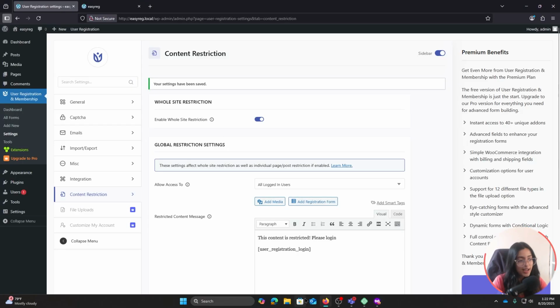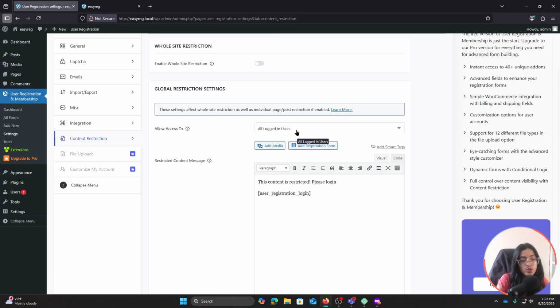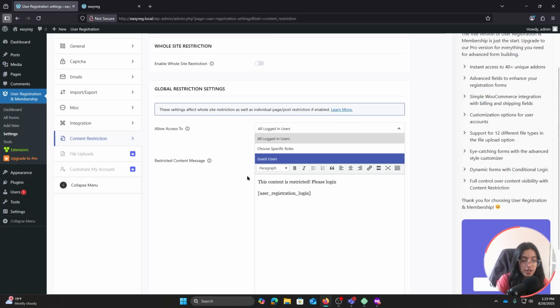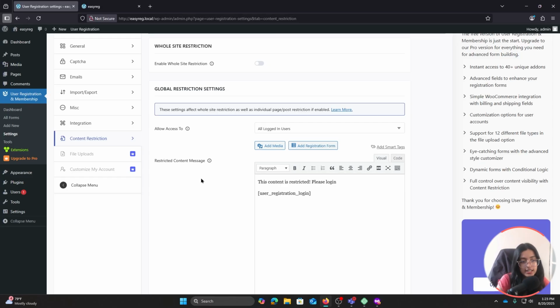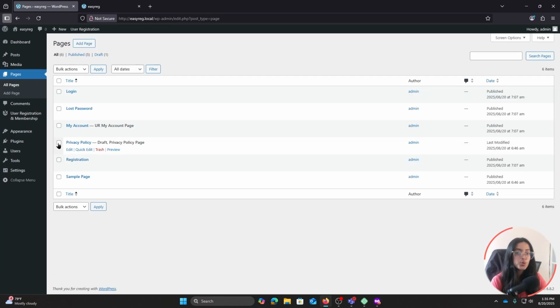So now coming back to the backend, I am going to turn this off for now and again save changes. You can also restrict the individual roles too. Here are all logged in users, or choose a specific role. So you can restrict any individual user roles. Now after all these settings, I'm going to go ahead and save changes. Now that we are done with our global restriction settings, if you want to restrict an individual page, this is